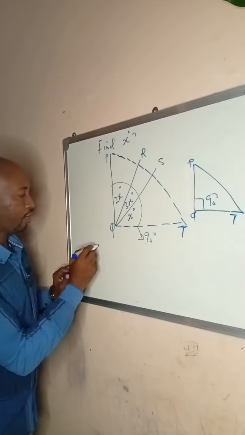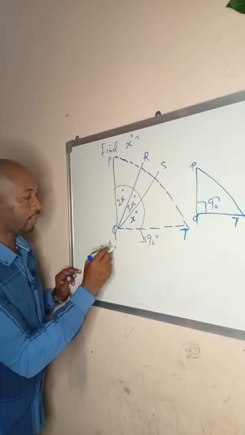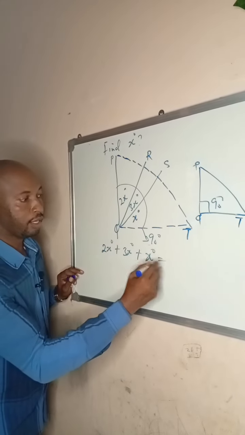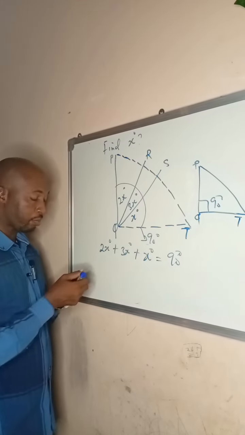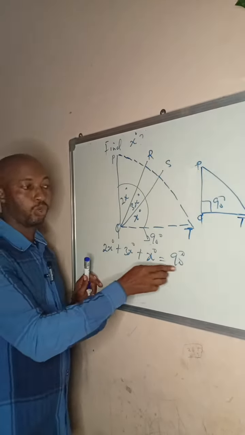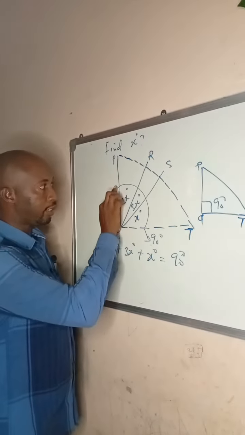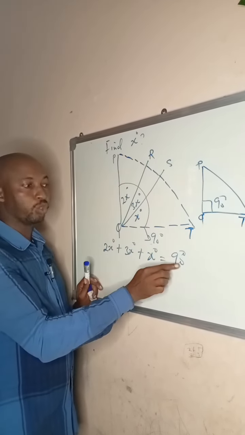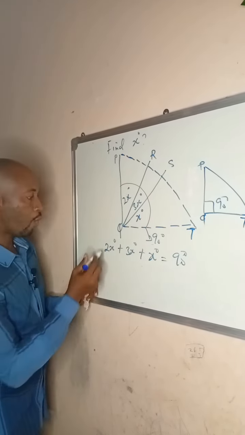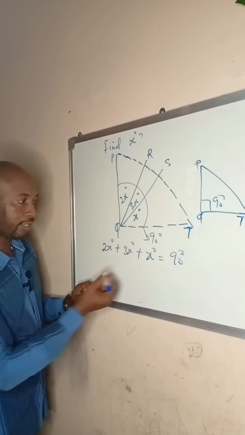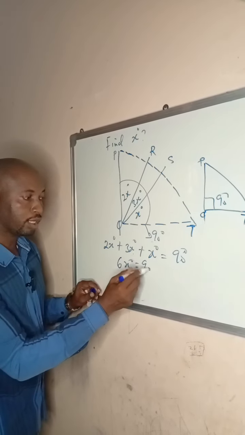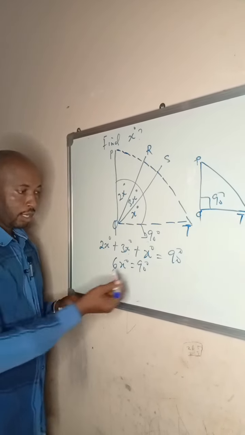So we have here, let's solve the problem. 2x degrees plus 3x degrees plus x degrees equals to what? 90 degrees. Always make sure that you equate it to 90 degrees, because this is a right angle triangle and therefore it must be equal to 90 degrees. Now we have 2x plus 3x plus x. This will give me nothing but 6x degrees equals to 90 degrees. At this point here,